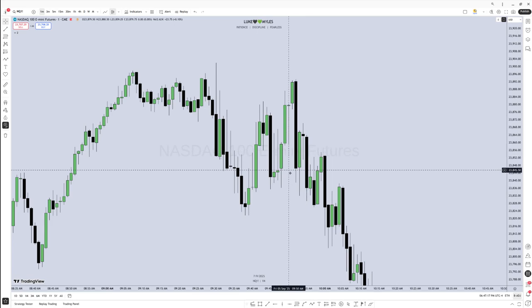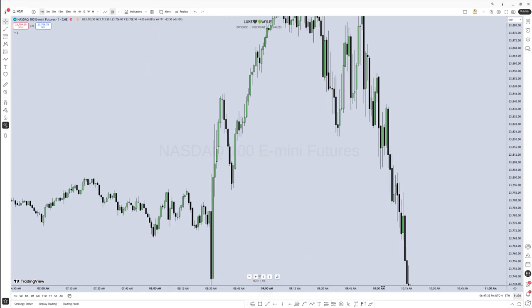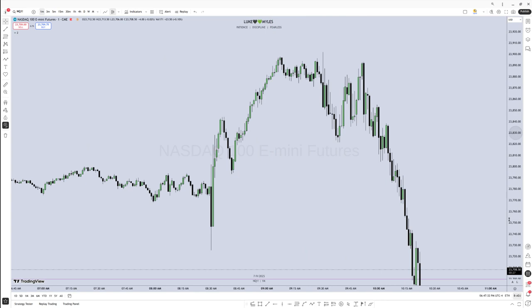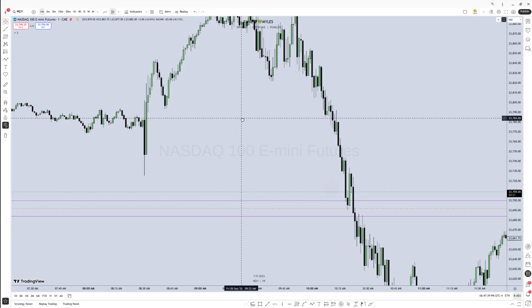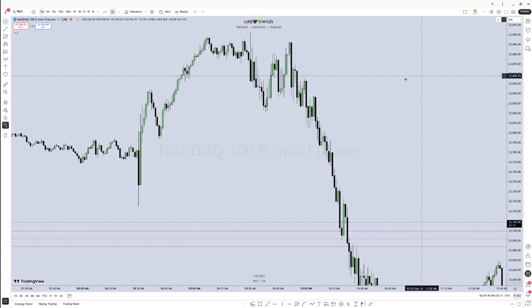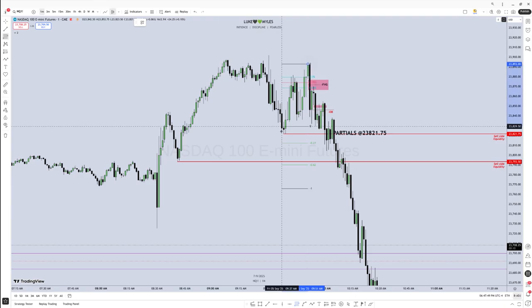The market comes back into the fair value gap, picks up orders, fulfills orders, reprices into this, and then drops lower. This fair value gap sponsors the whole of this move to the drop lower, chasing what? External range liquidity. So we move from internal range liquidity to external range liquidity, and vice versa. If we are coming from external range liquidity, the market will look for internal range liquidity. So we are inside of the range, and if I'm to draw from this high to this low,